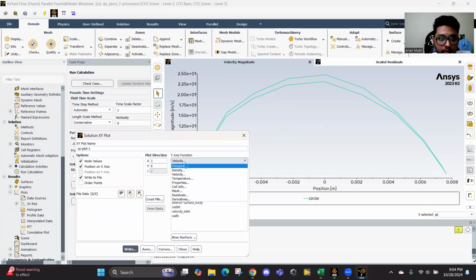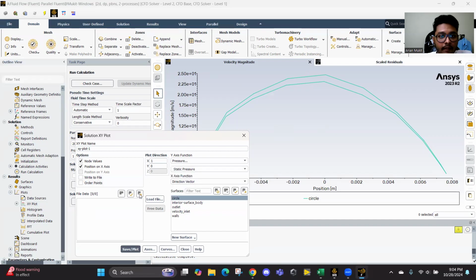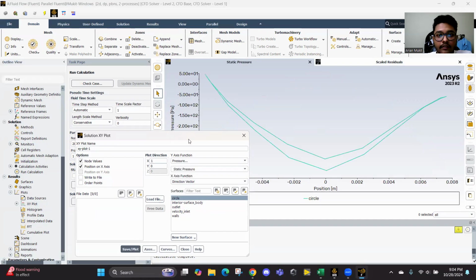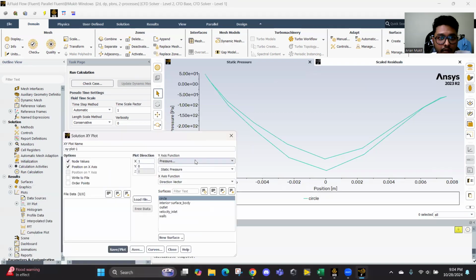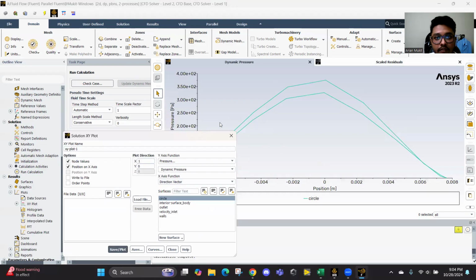Then we can go to the pressure and we can choose the static pressure. There's a drop down menu. You can choose static, you can choose dynamic, and you can choose a pressure coefficient as well. We can choose a static pressure, and we can see this is our static pressure position versus static pressure graph. And also, since we want the pressure coefficient, we can choose the dynamic pressure as well. And you can see this is our